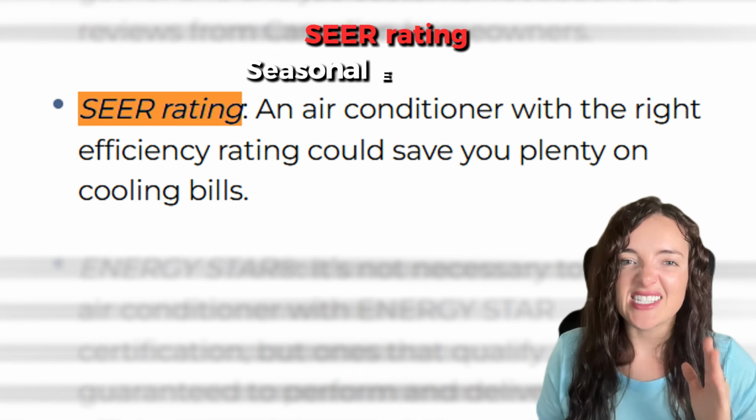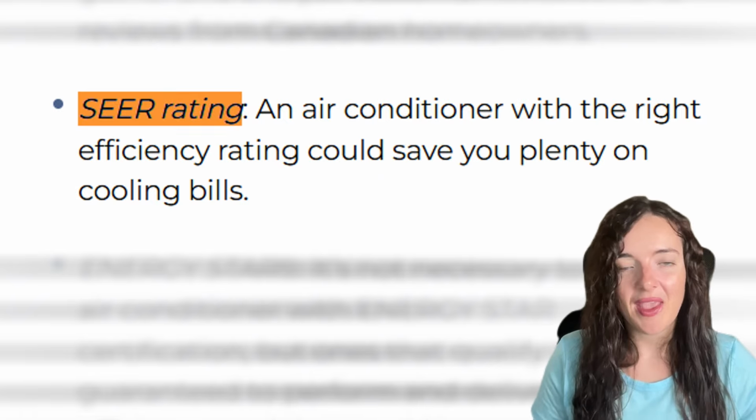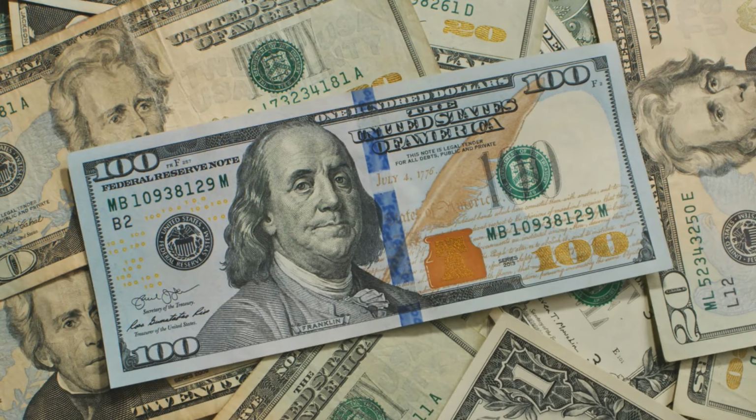When it comes to efficiency, the SEER rating, Seasonal Energy Efficiency Ratio, is the most important number to look at. The higher the SEER, the more efficient the unit, and the lower your energy bills will be. For Canadian homes, the recommended SEER range is typically between 16 and 18. Anything lower may not be efficient enough for our climate, while anything higher may cost significantly more without generating proportional